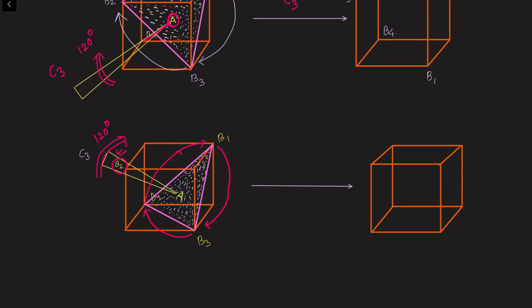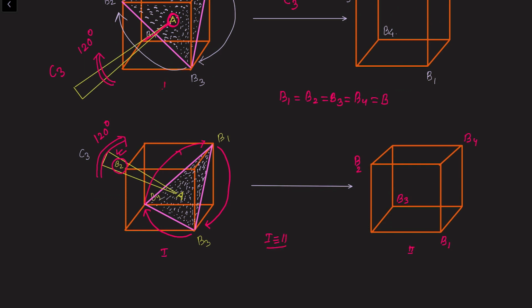So now what is the position of B2? B2 will remain here. Now what is the change? Here B4 will come, here B1 will come, and here B3 will come, right? Now check the position of B atoms as it is, and for your understanding, we know that B1 is equal to B2, B2 is equal to B3, B3 is equal to B4, which is a B atom. So now this first structure and second structure are identical, equivalent to each other.